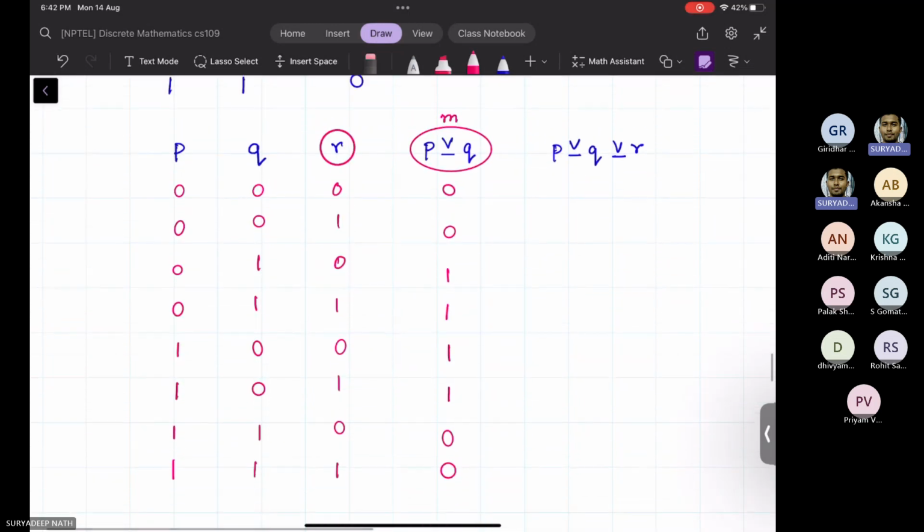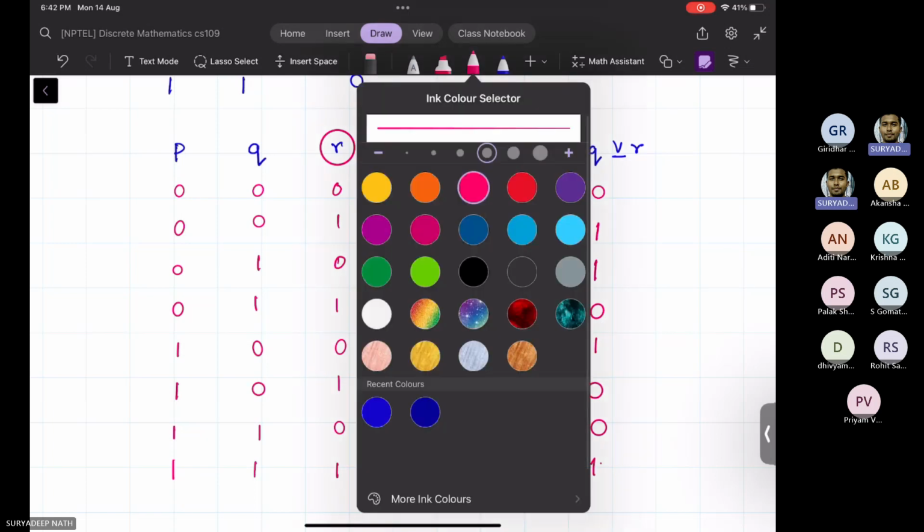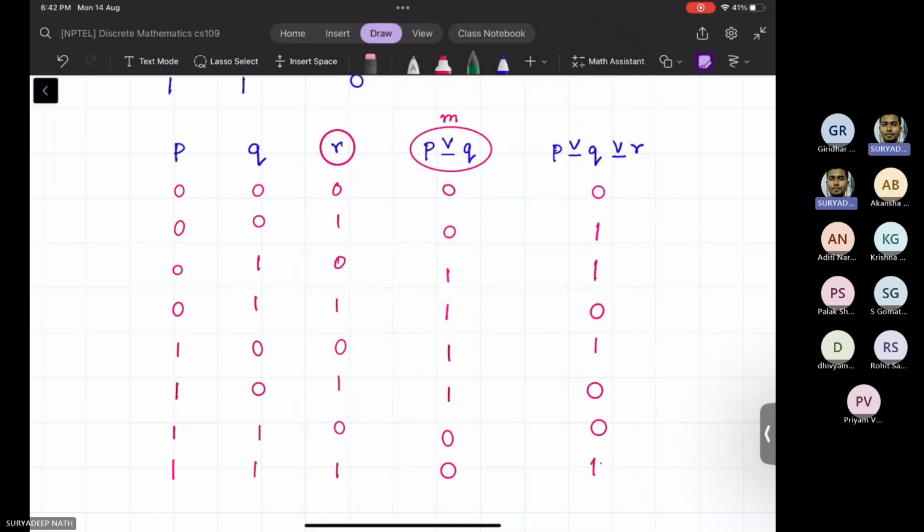So the first one, 0 0, it would be 0. This one is true. This one is again true. This one is false. This one is true. This one is false, false, true. Now if you check which instances, if we check these rows,